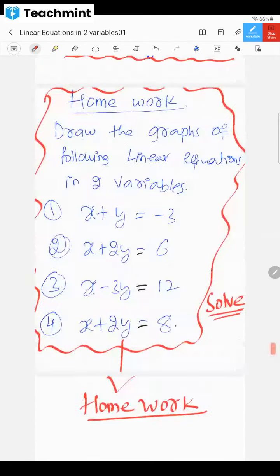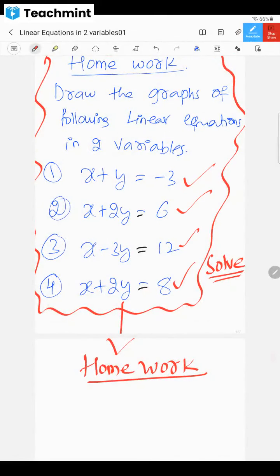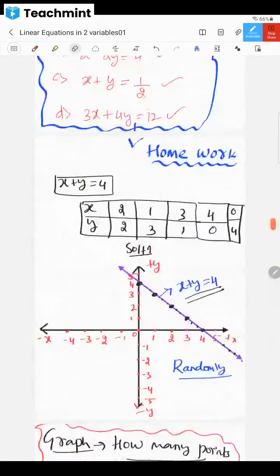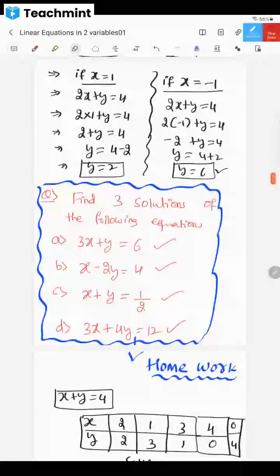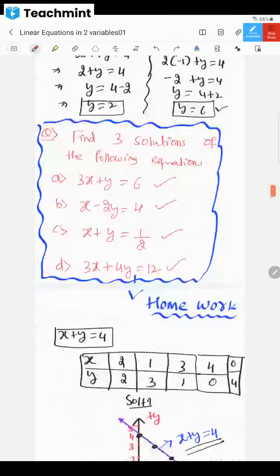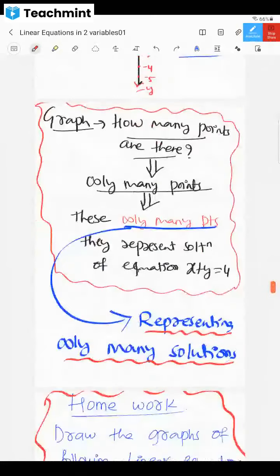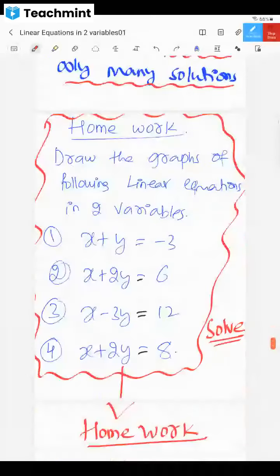I'm going to complete the chapter if I continue like this, but first of all, you have to be solving these, no? 8 questions are there, no? These are the 4 graphs I have given you, and after that, you have to find solutions of these 4 equations. So you should be doing them or not? So do them, so that we can carry forward the next discussion in the next class. Okay, dear children?